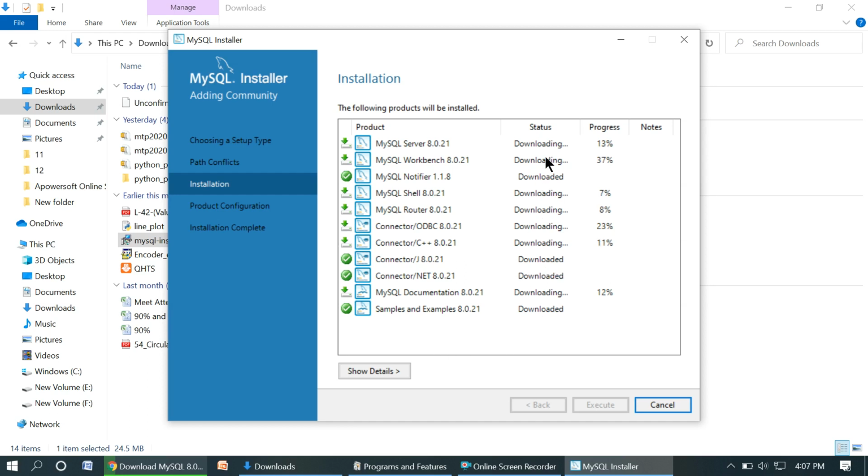We can see downloading, and a few are downloaded, right? Those which are downloaded will now be installed, right? We have to wait.